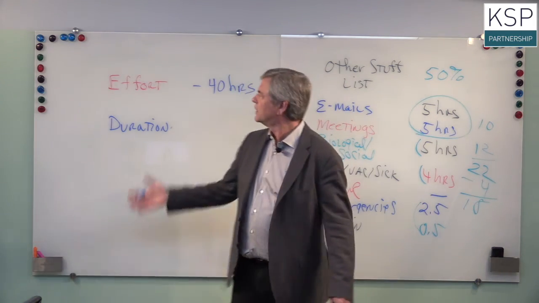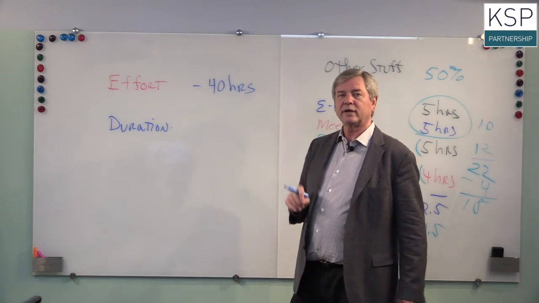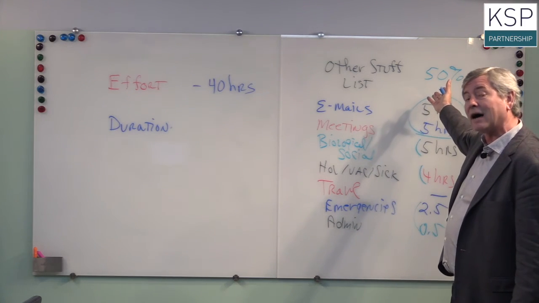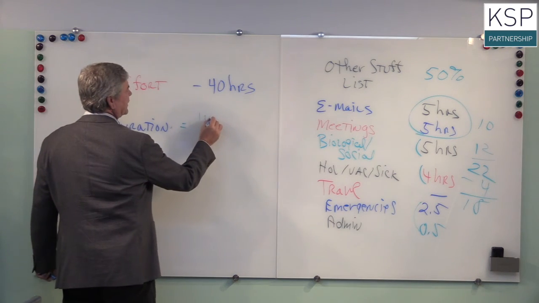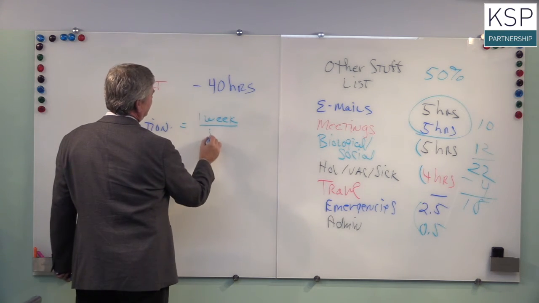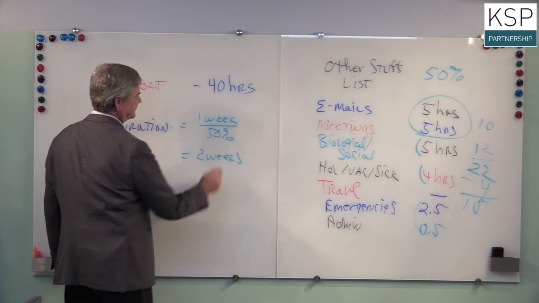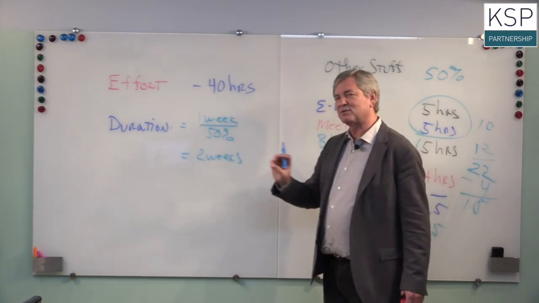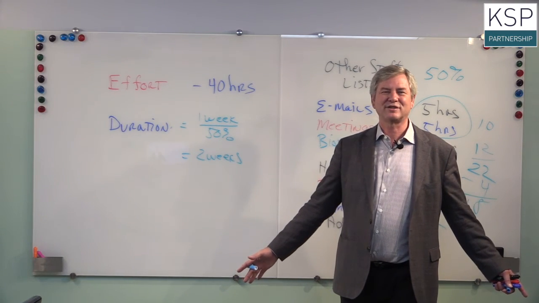That means if Bob, remember Bob? If Bob requires 40 hours of dedicated work, but I only have 50% of them, how long will it take him on a calendar? Well, 1 week of effort, I only have half of them, means it's going to take him 2 weeks on a calendar. Now, there's a massive assumption I made here. One is, Bob has nothing else to do besides my project.